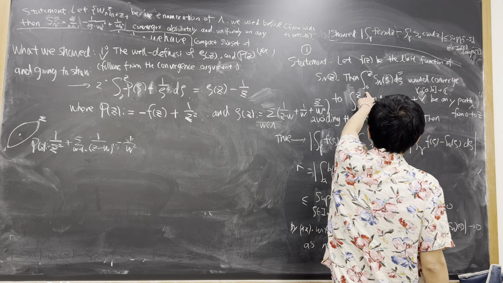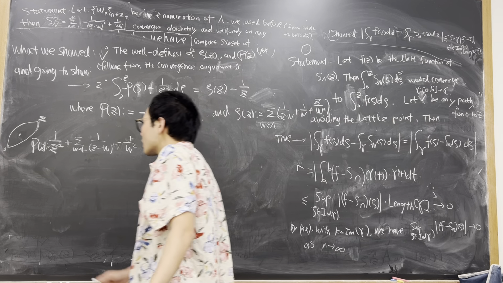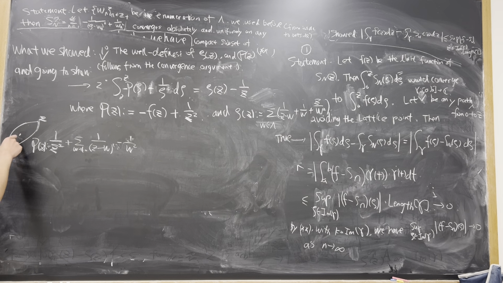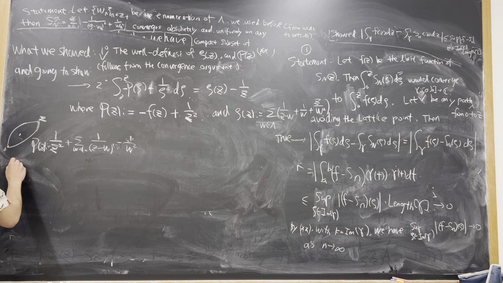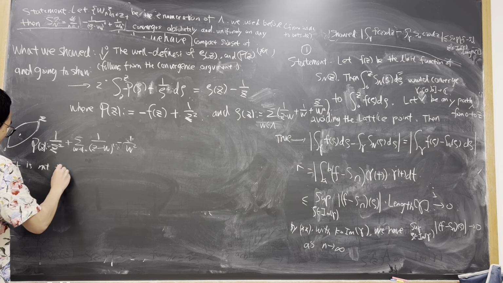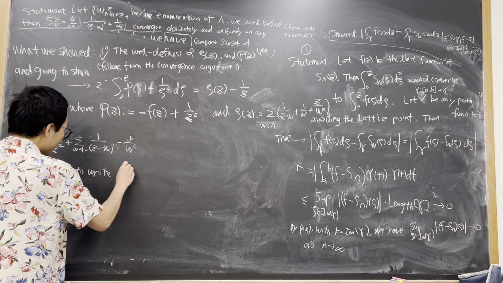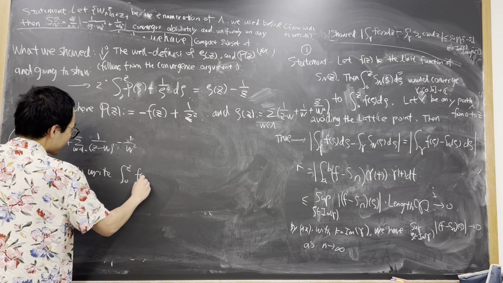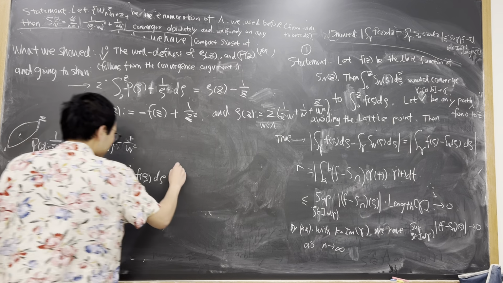Why is this not true? Because we cannot say the integral from 0 to z, because in our domain of definition there are these lattice points. So it is not true to write the notation integral from 0 to z of f of zeta d zeta,